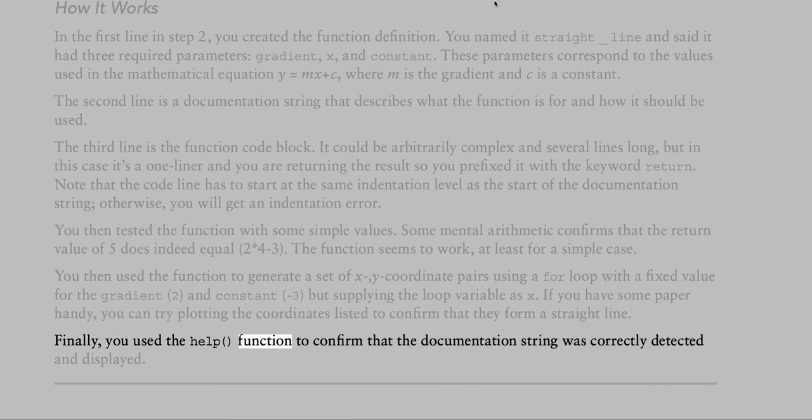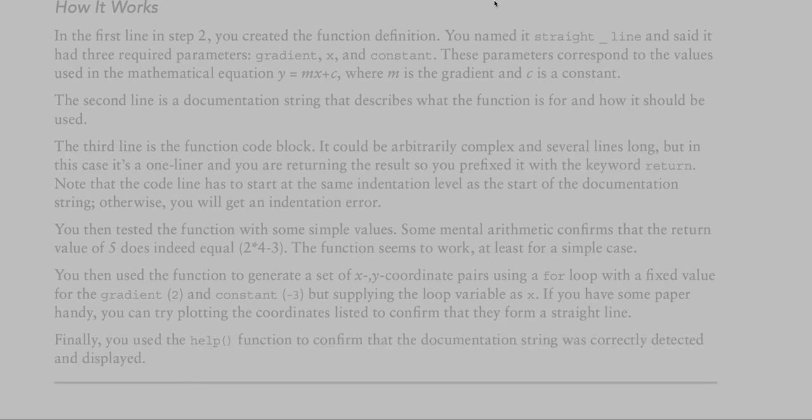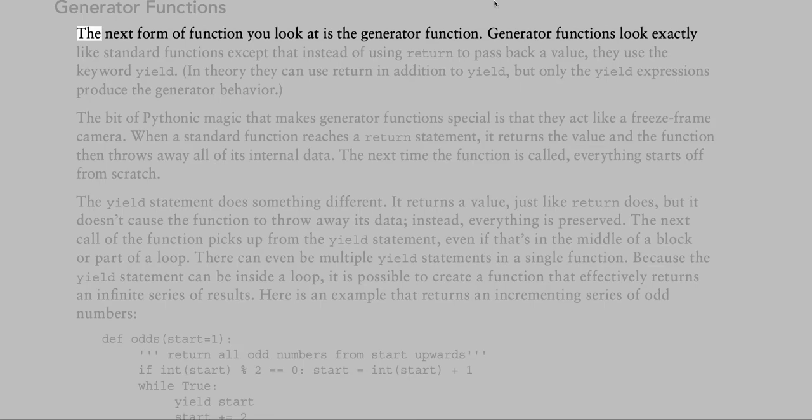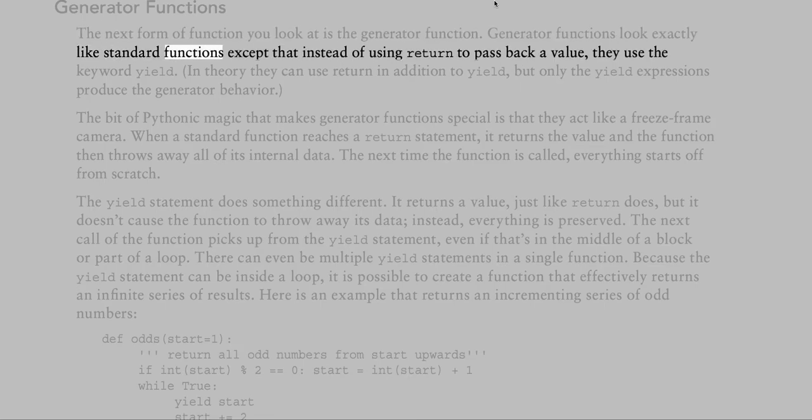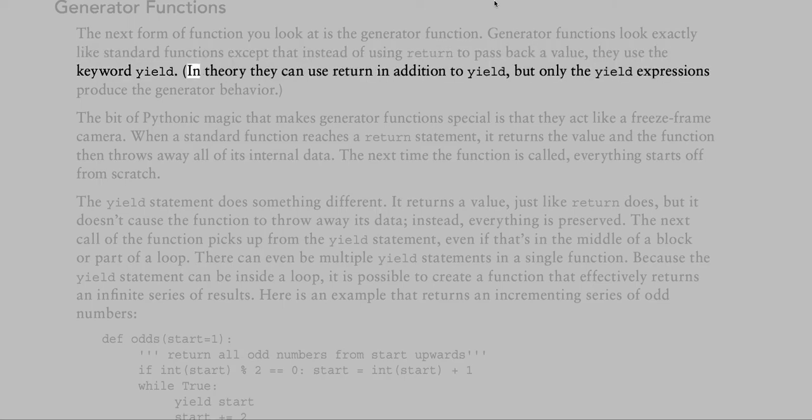Finally, you use the help function to confirm that the documentation string was correctly detected and displayed. Generator functions. The next form of function you look at is the generator function. Generator functions look exactly like standard functions except that instead of using return to pass back a value, they use the keyword yield. In theory they can use return in addition to yield, but only the yield expressions produce the